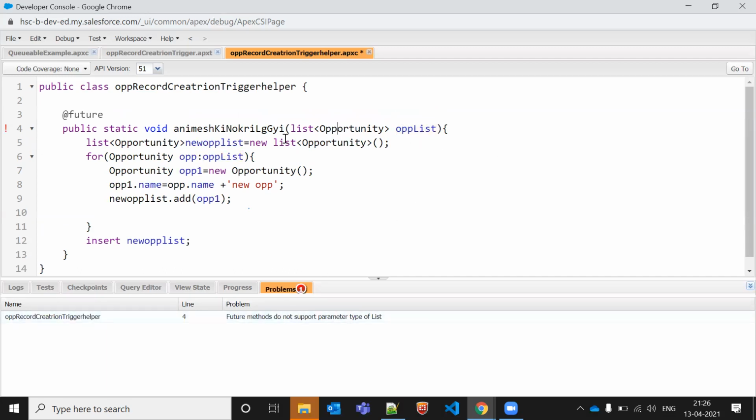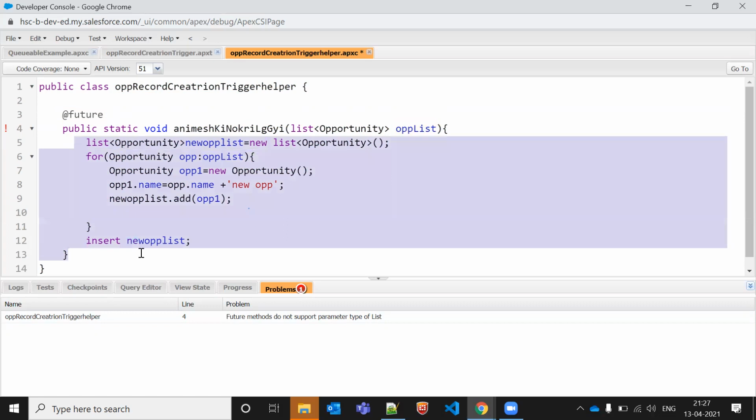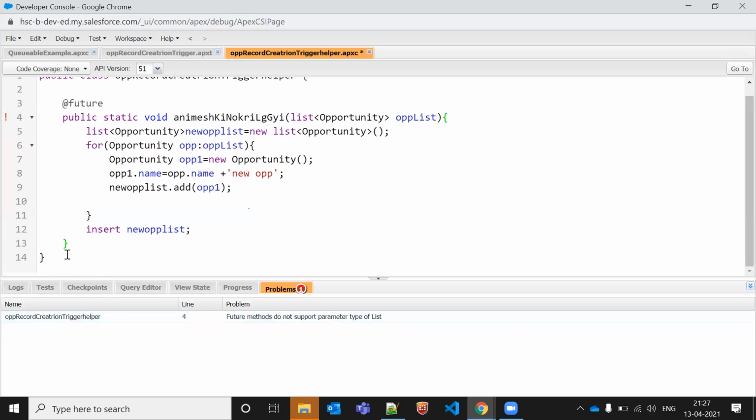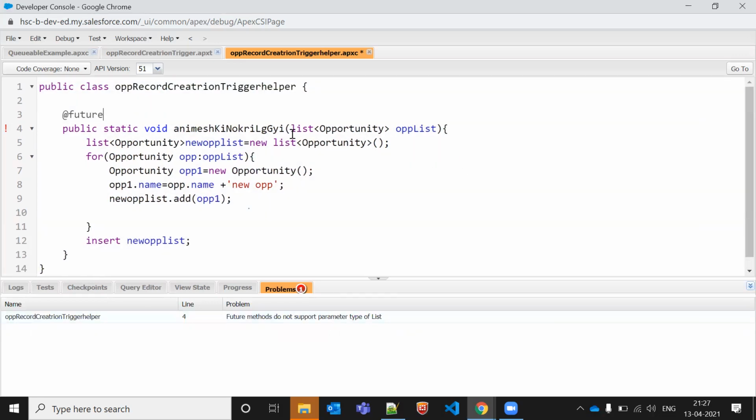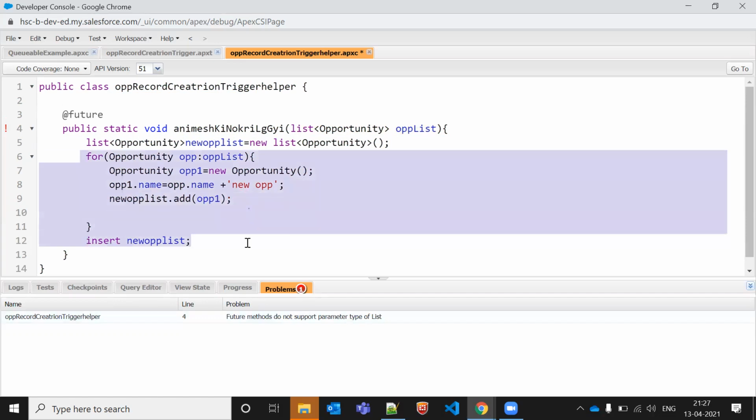So I want to use a future method in this helper class, and this should be inserted. This trigger with logic should work. Got it? So you have to think what logic we need to implement to insert the number of records on opportunity in the helper class with future method.